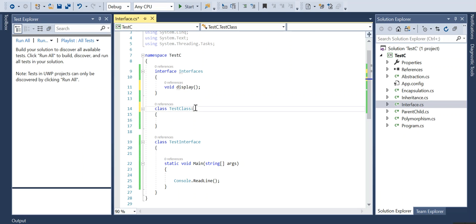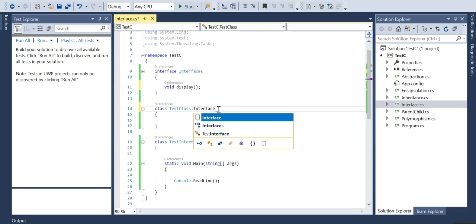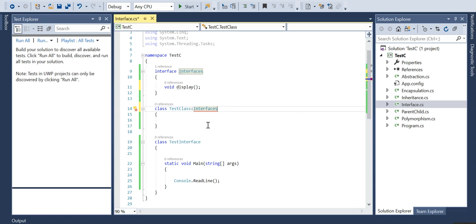And I am trying to implement this interface. So I'm giving interfaces, but it's throwing an error. As I have already said in abstract, if you are implementing the interface, then you have to make sure that you implement this method in this test class. So we are creating a method, public void display,